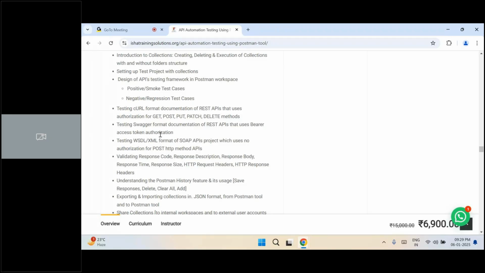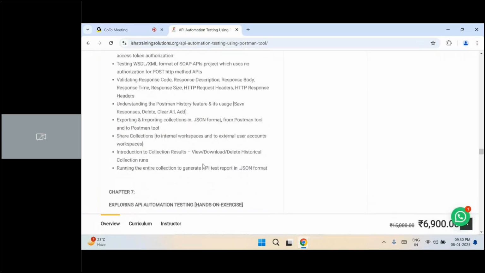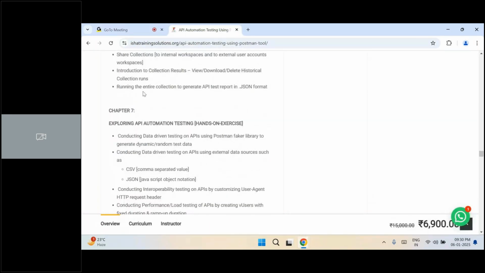And in this process of explaining these 3 projects, we'll talk about what is a response code, how do you validate it, how do you validate the response body, the response time, the response headers, etc. We'll write a lot of assertions in JavaScripts, and I'm going to give all the JavaScripts to you, and most of the JavaScripts are common, meaning if you have written in one project, you can reuse it in other projects also. So you don't have to even remember the JavaScripts. And Postman comes with a built-in chatbot that you can use to write automation scripts. That also I'm going to teach you in this course. Okay. And in chapter 6, I'll also talk about how do you generate a test report in JSON format.